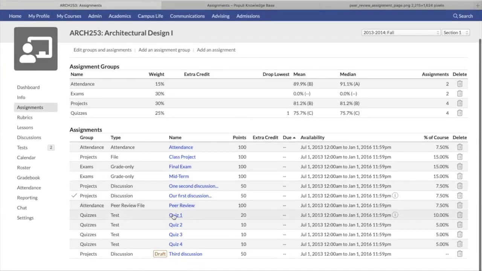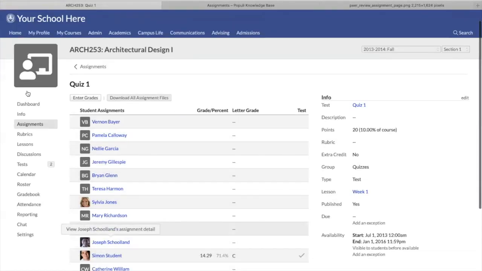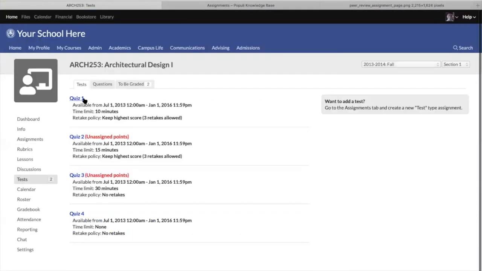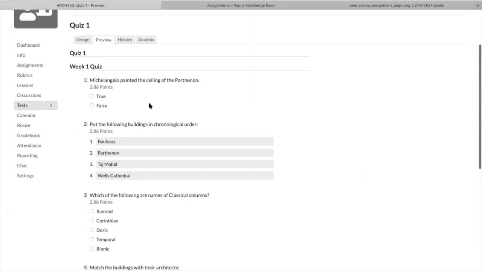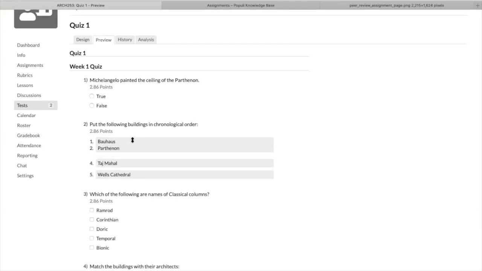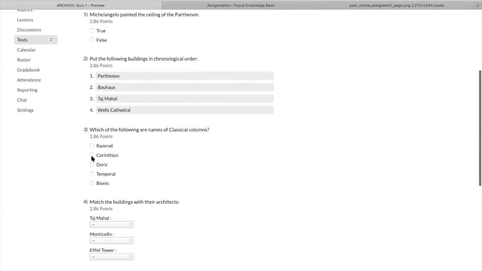And then finally, we have tests, test type, which could be a quiz, exam, test, whatever you want to call it. And here is an example of what a final product of that might look like. We have 7 different question types. We've got true or false, put in order. So I can grab these, move them around, check all that apply,